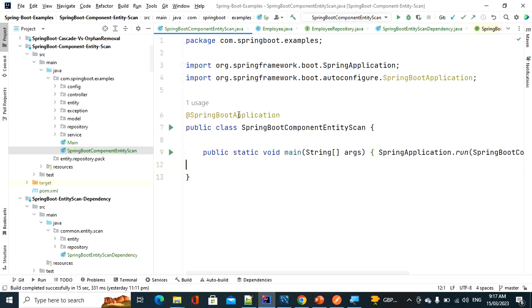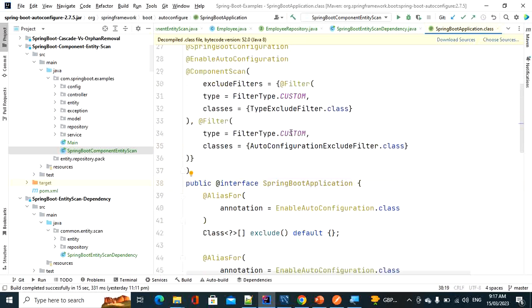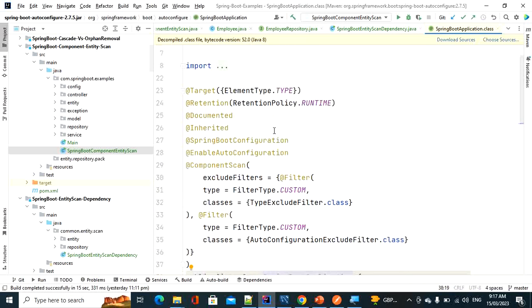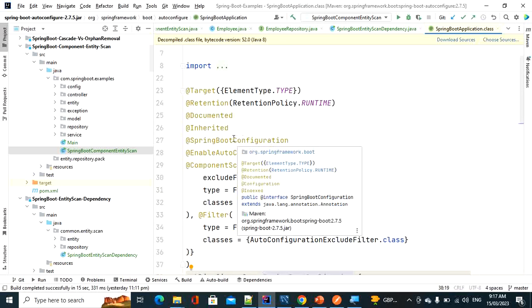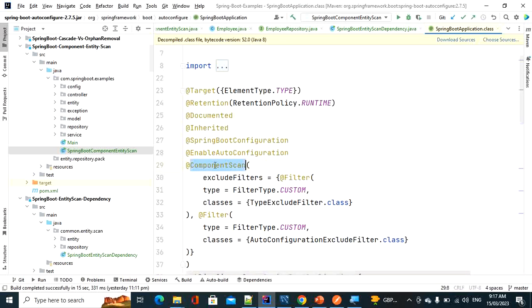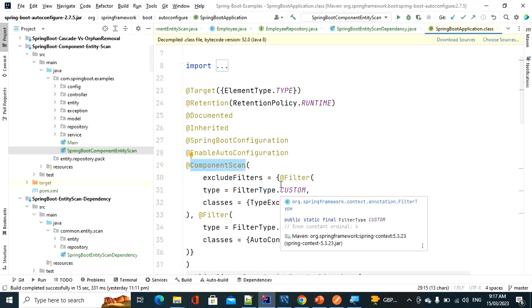As everybody knows, @SpringBootApplication is a combination of three annotations, that is @ComponentScan, @EnableAutoConfiguration, sorry, @EnableAutoConfiguration and @SpringBootConfiguration. So these three annotations, right? So here this @ComponentScan